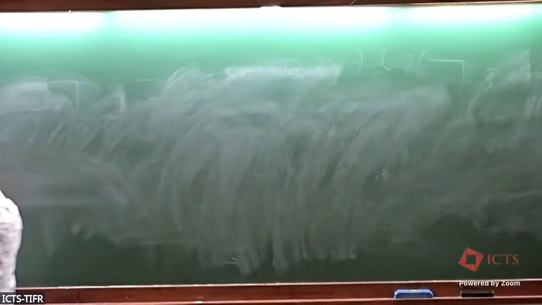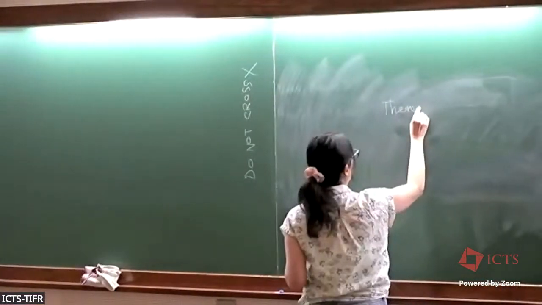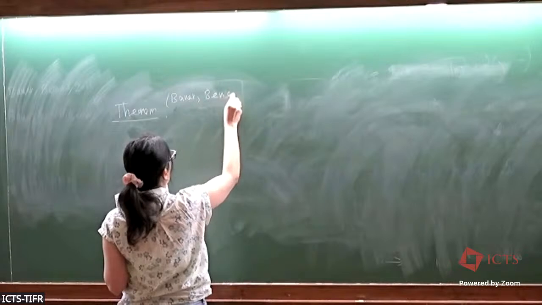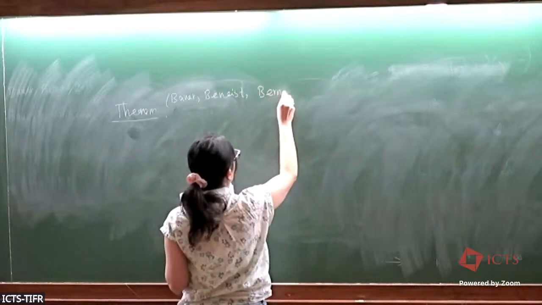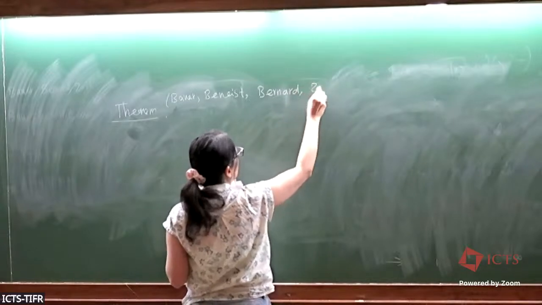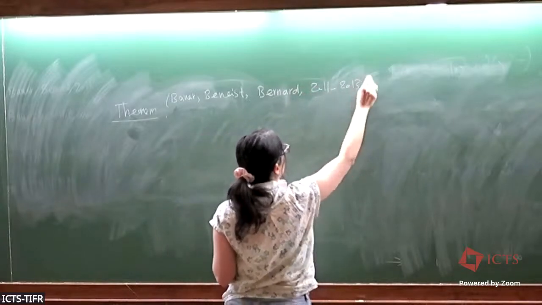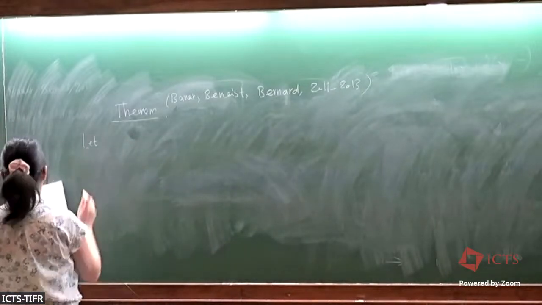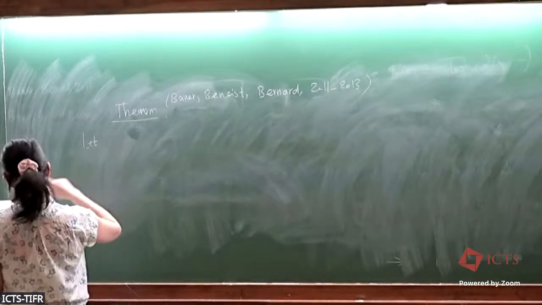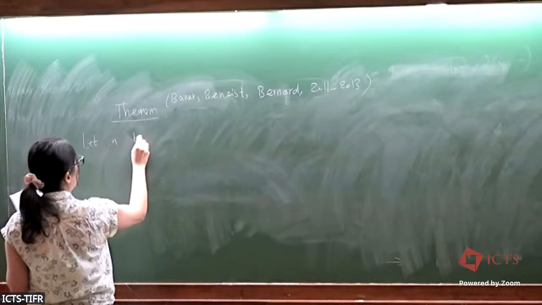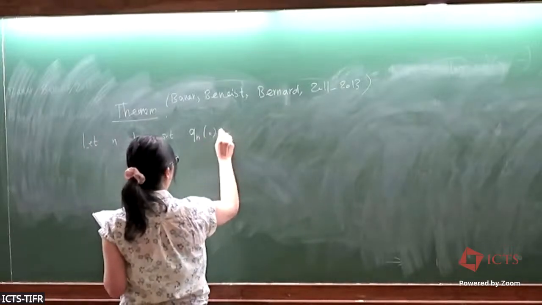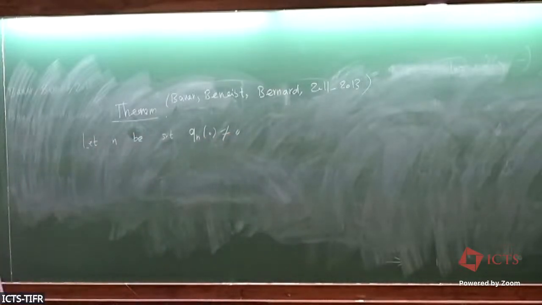So in fact, the theorem is by Benoist and Bernard. There are in fact two papers, 2011 and 2013. They say: let n be such that Qn of 0 is different from 0. Okay. So then you can show that